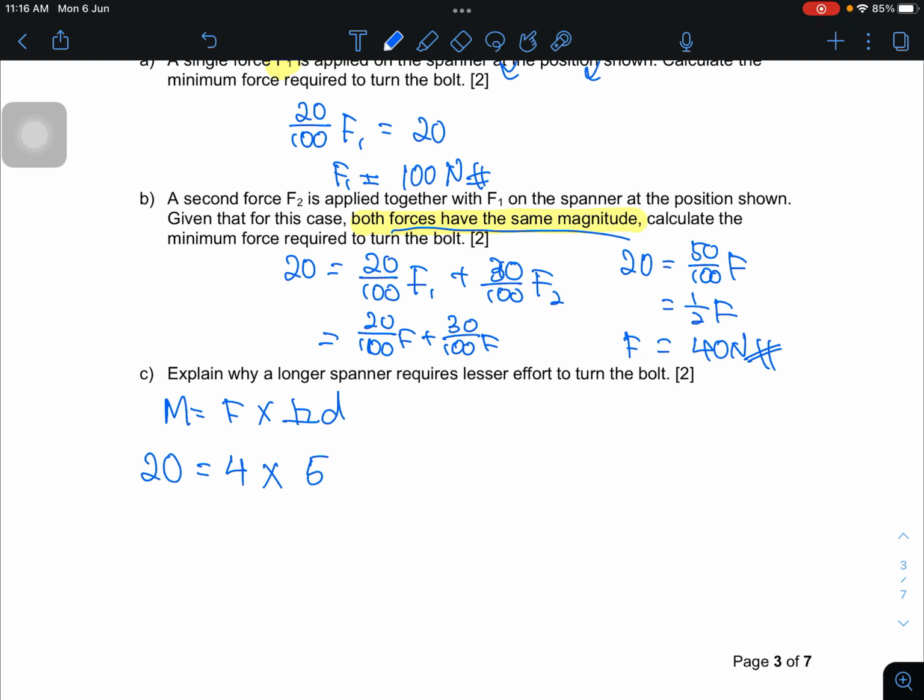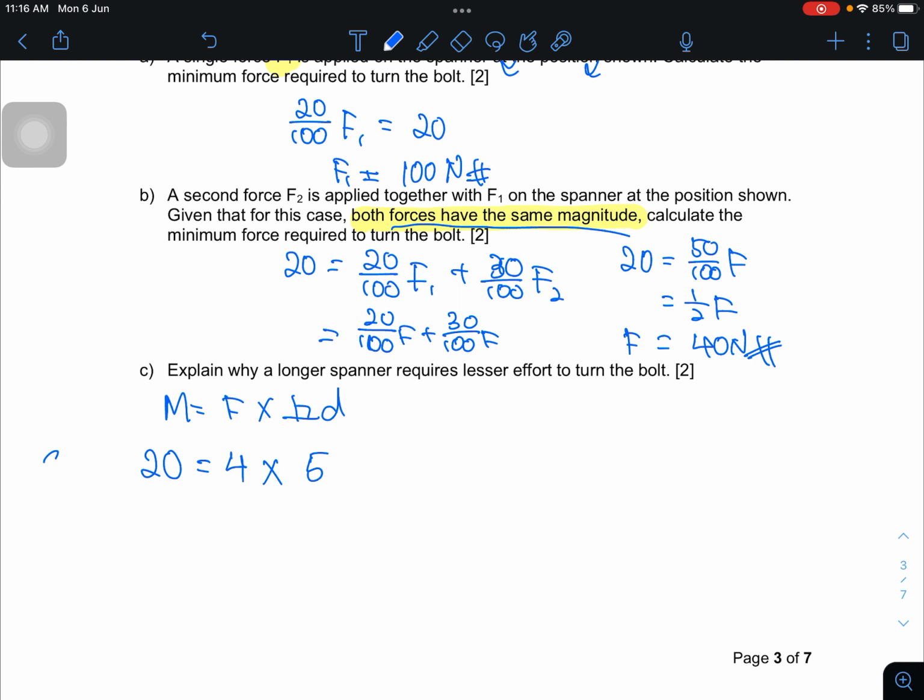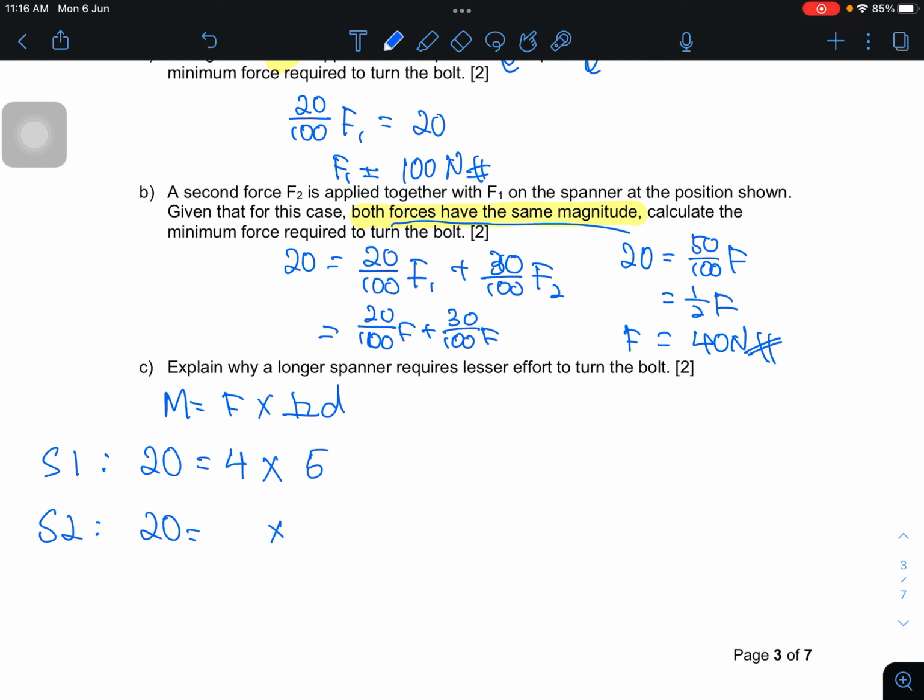This is scenario 1. Scenario 2, same bolt, so I still need 20, but now I use a longer spanner. Let's say I use a spanner that is 4 times the length. Instead of 5 meters, my spanner is now 20 meters. It's a humongous one. How much force do I need? I only need 1 Newton. So this example has clearly shown that a longer spanner does help us to open up the bolt because less